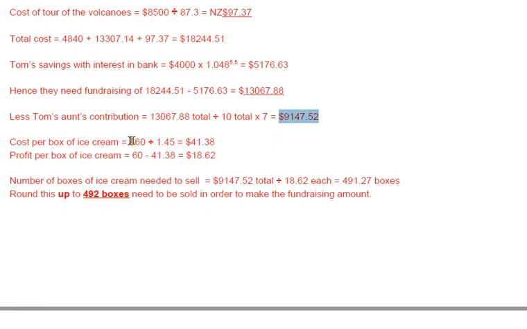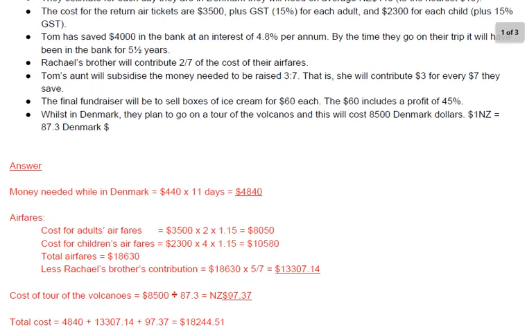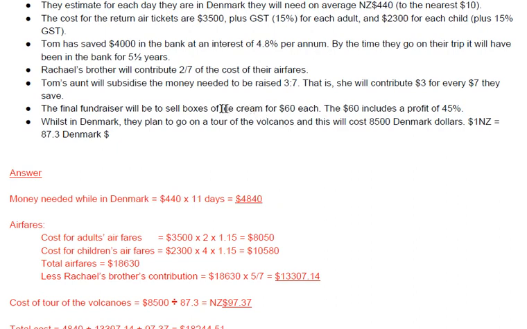Alright, so now we get to the last little bit here. We're selling ice cream, and we've got to work out the profit. Now let's just have a look back there. I'm just trying to remind myself of what we're doing here. Ice cream for $60 each, and this includes a profit of